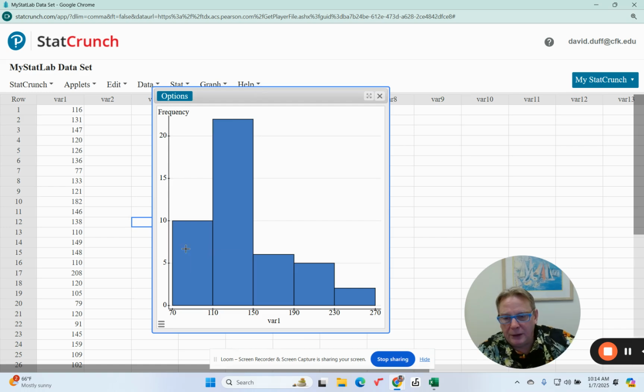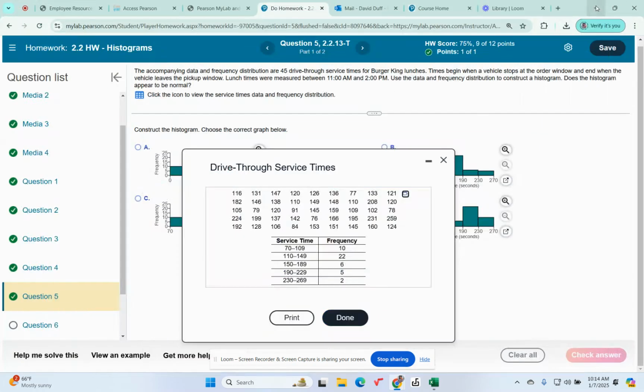So we can clearly see that this is not normally distributed. It looks like it starts low and then goes high, and then it starts to skew downward to the right. So let's go back and look at the question. And the question says,